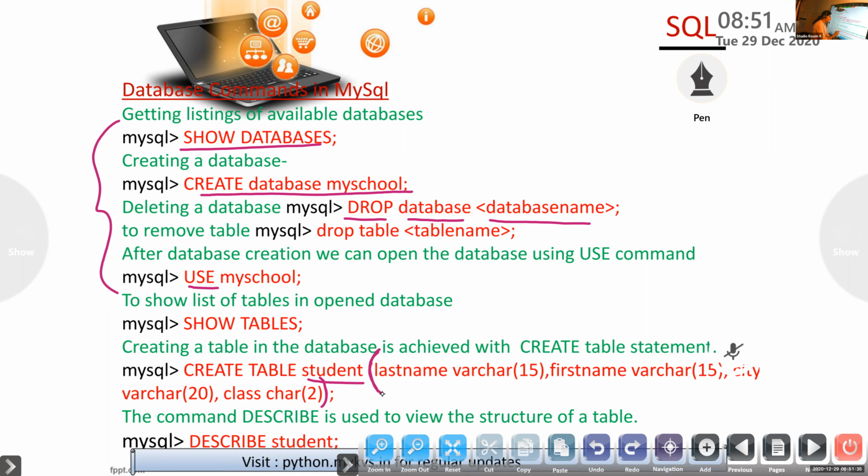The open bracket, you need to close this. Round bracket is called parenthesis. You have to close the parenthesis. Then a compulsory semicolon. All right. This is how you have to create a table. If you make a mistake in any one of the brackets or any other statements, it will give you an error message.